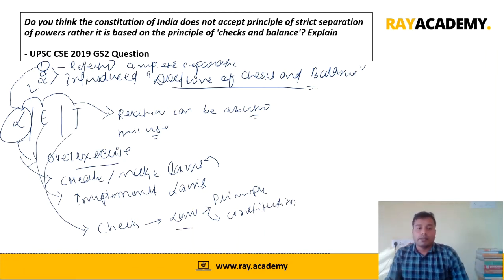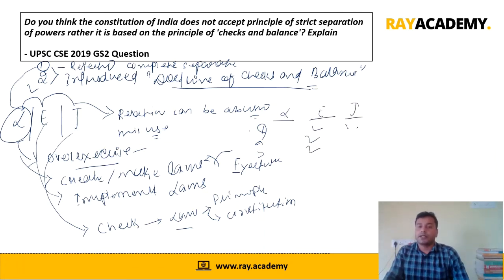So now what happens? What do I mean by over exercising? It means if the legislature over exercises its power and enters into the domain of the executive, which means there are certain boundaries: these are the works done by the legislature, these are the roles of the executive, and these are the areas where the judiciary can function. If one over exercises its own power and enters into the domain of another, then what will happen? Then it is problematic, it will be chaotic.